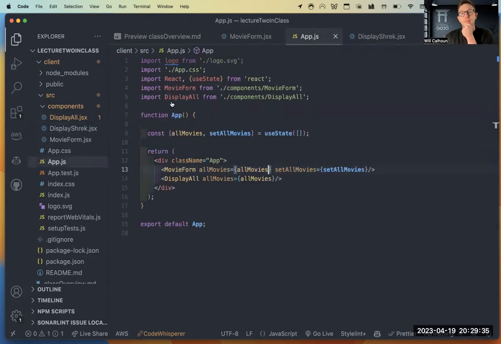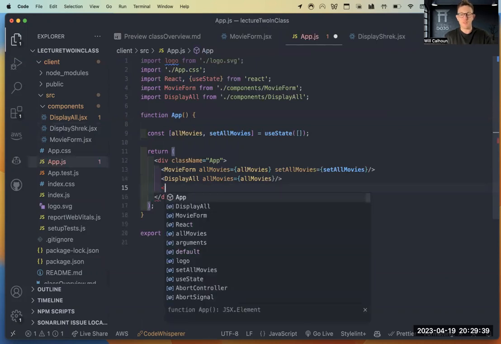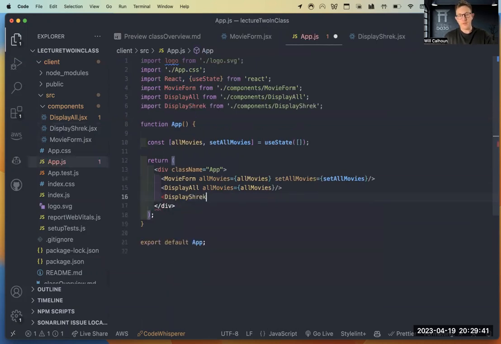I could go up, say, okay, I need to display Shrek, right? Now, if I'm wanting to display Shrek, I'm going to just do this, right? I'm going to take all my movies. I'm going to pass it in because let's say I had multiple Shrek.